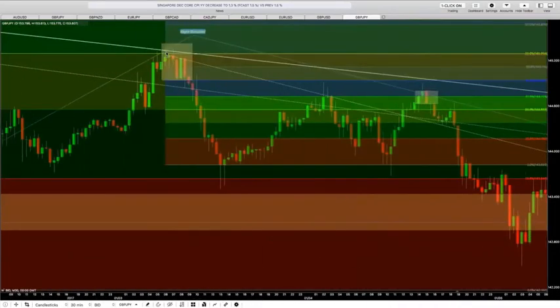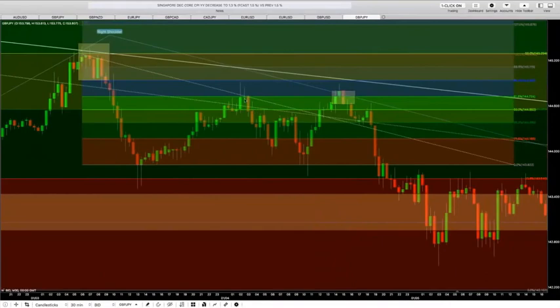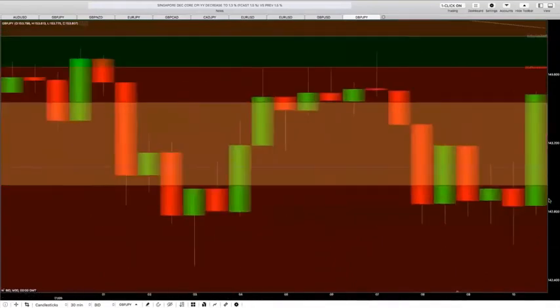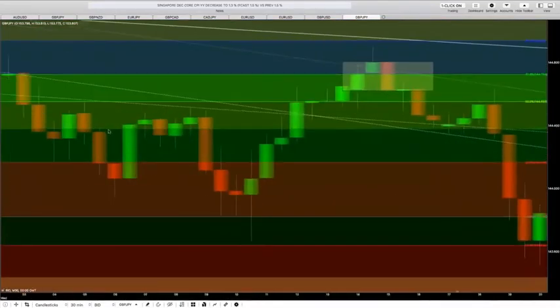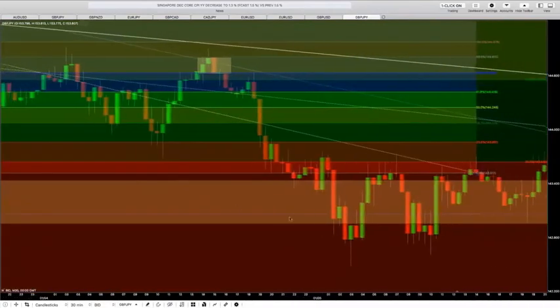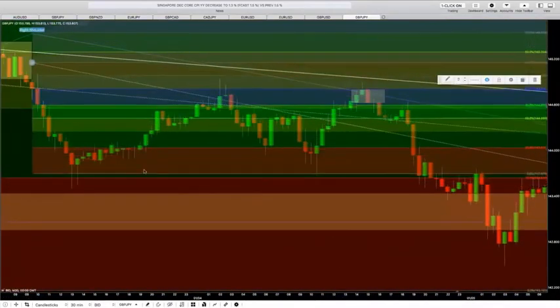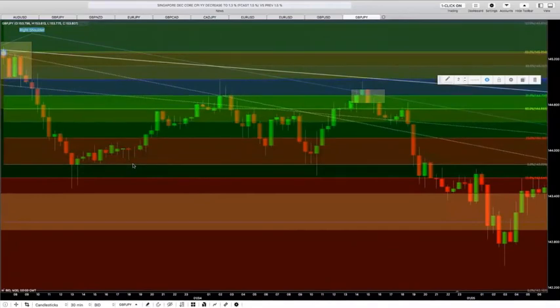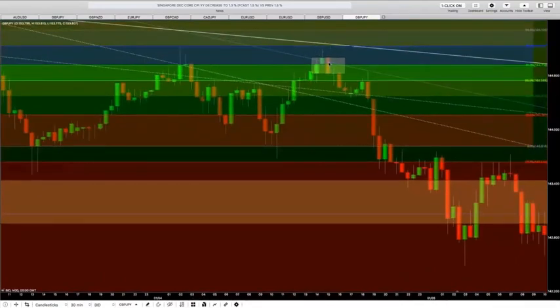So I put my fibs from high to low, right? Body to body for looking for concise entries in the market, right? What do we see over here? We see an evening star, a morning star excuse me. Hate when this stuff moves on me. We've seen a morning star right here where the market goes up, it creates like a doji, and then the market comes down right there. That is another candlestick pattern. So that could have been one entry, but you're specifically looking for this area here.